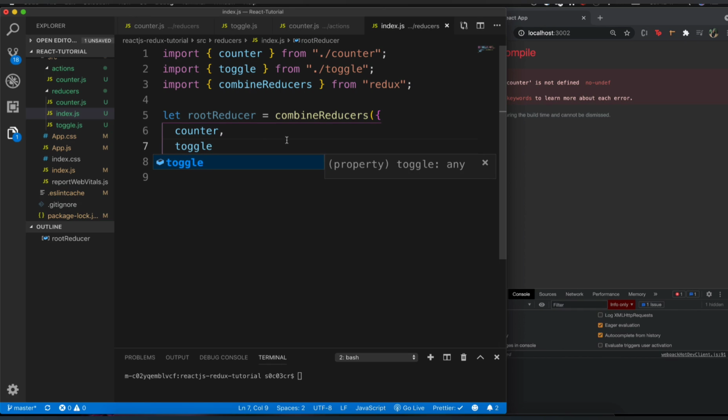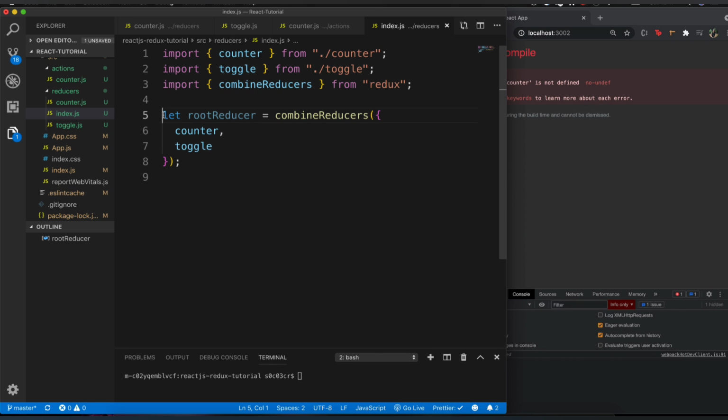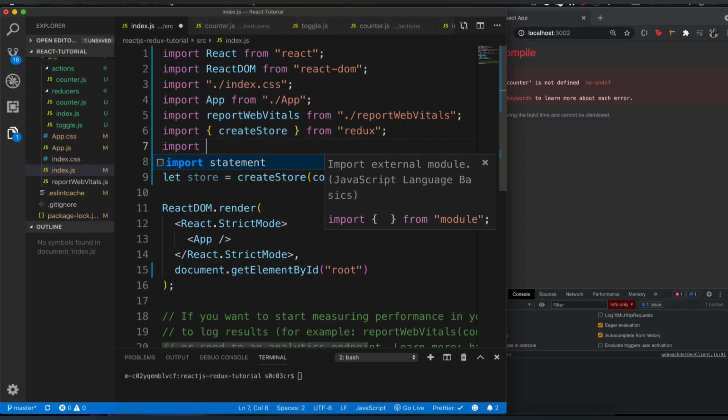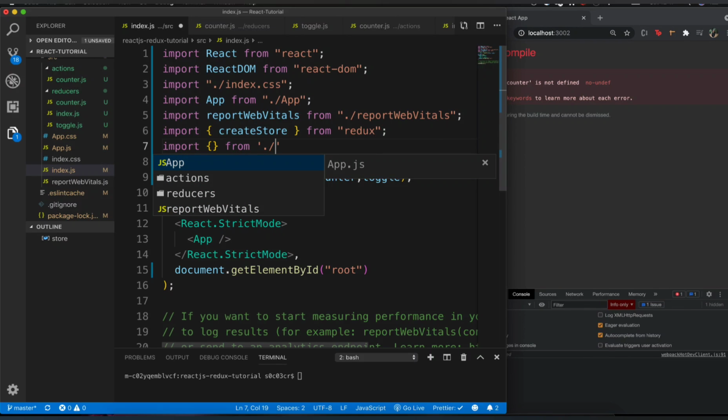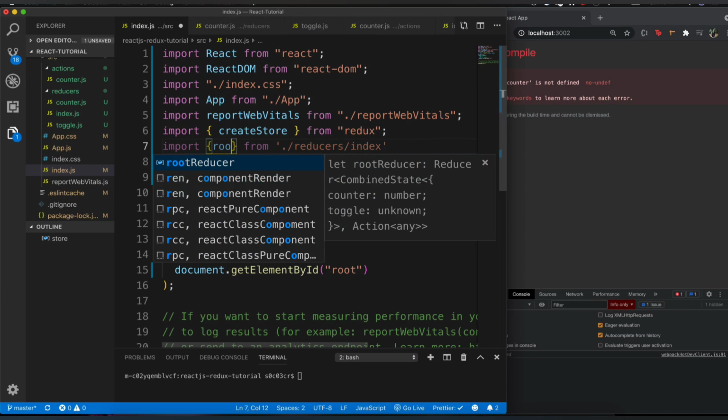So this is going to get very small, and now you can say that you're basically combining the counter and toggle reducer, and it is called root reducer. Now in order to use this root reducer inside app.js, again we'll have to actually export it, right? So I'm going to say export, right? So I'm exporting it from here, and I have to go to index.js, right, the main index.js, and over here I'll have to import the root reducer. So import from, I'll have to say reducers. Inside of reducers, I have actually exported it from index.js, right? So from index.js, and we want to basically go ahead and import the root reducer, right?